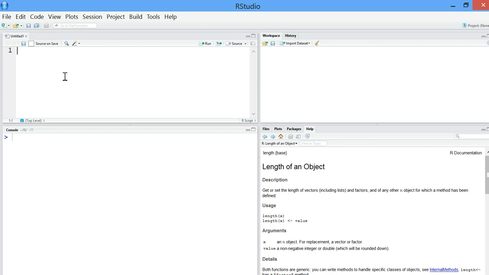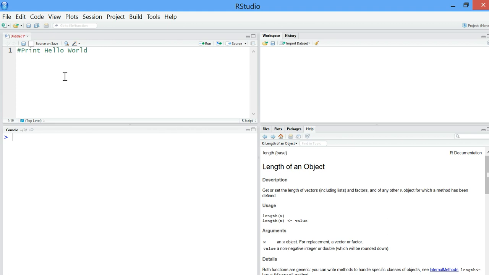So a comment is just for the programmer and for anyone else who's reading the program to know what the code inside the program is doing. To create a comment in R, you simply use the number sign. So today I want my program to print hello world. Okay? Simple, easy, but basically a program is organized with statements that put together to make a list of things that the program